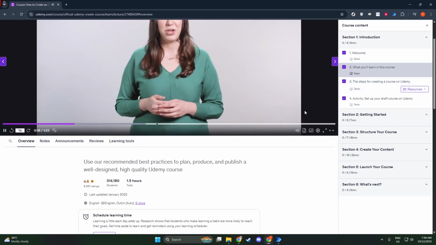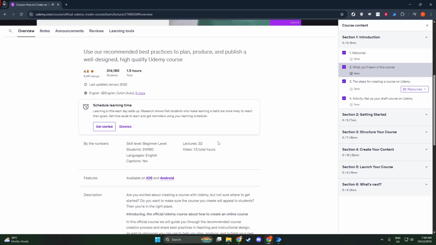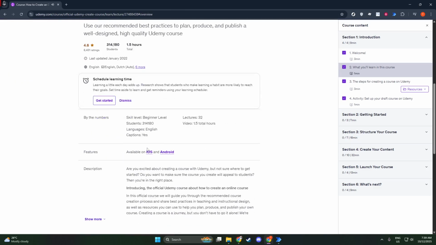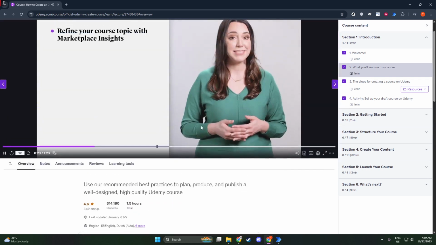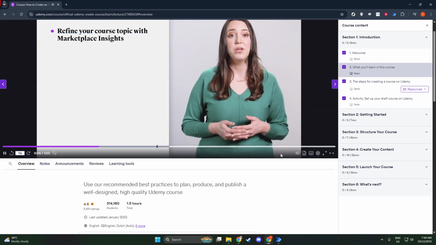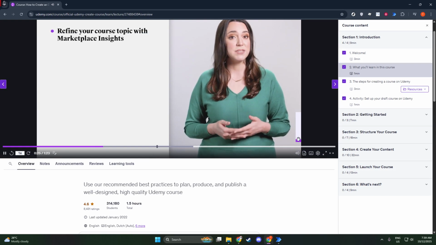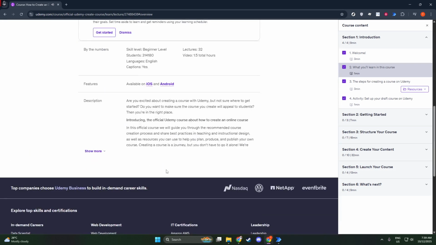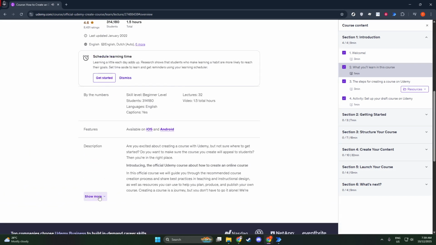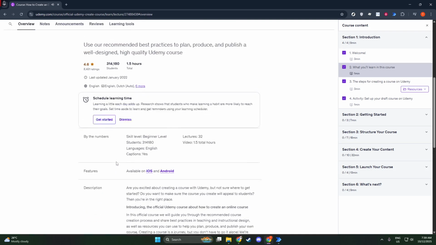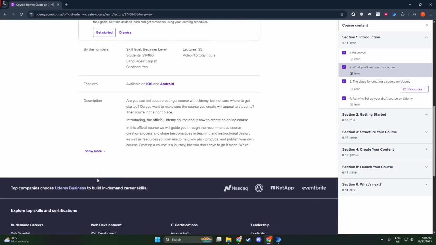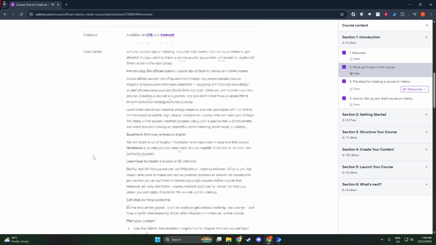As you scroll down through the Overview section, keep an eye out for the instructor area. This is usually located a bit further down the page. Here, you'll find some details about the person leading your course, such as their name and perhaps a short biography or list of credentials. It's a good practice to familiarize yourself with these details, as they can give you better context about the instructor's background and expertise.